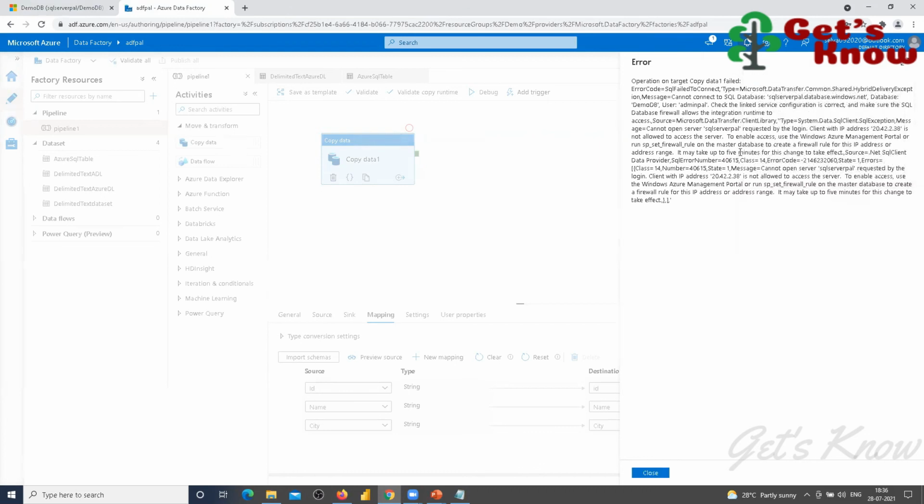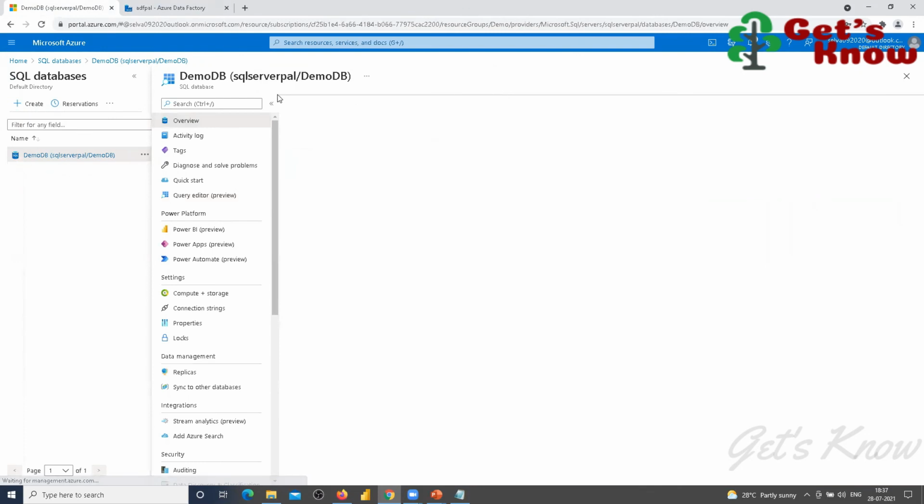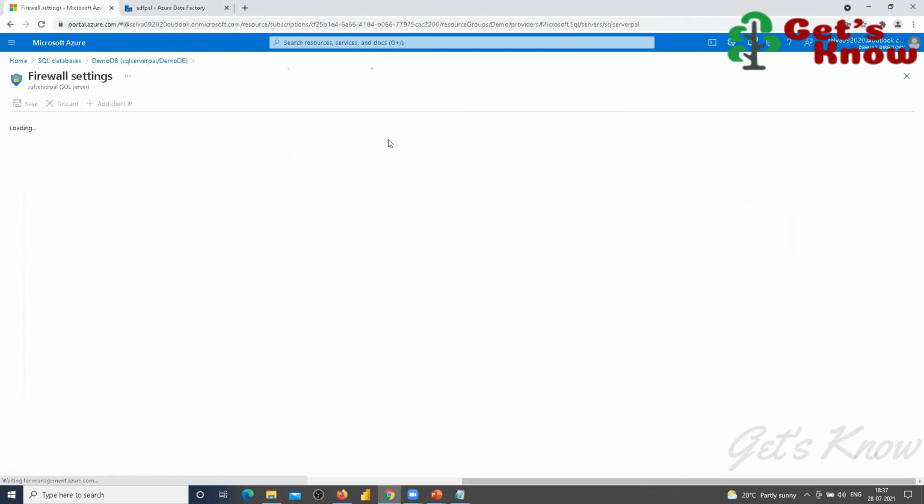Looking. Client with IP address 204.2.3 is not allowed. So we will try the overview, server settings.